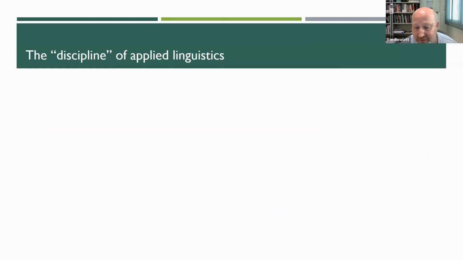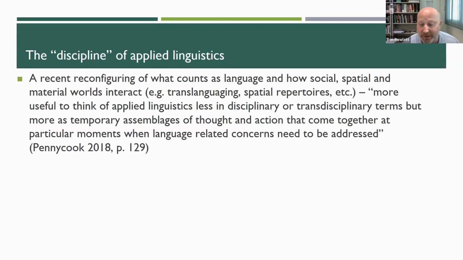So in the light of this discussion, and in order to introduce what is meant by a queer approach to applied linguistics, let's briefly return to some of the current debates in this field. And this has mainly involved a recent reconfiguring of what counts as language and how social, spatial, and material worlds interact vis-a-vis language problems in real-world contexts. So this has led to a kind of reconception by some of applied linguistics, which may have been conventionally seen as a rather bounded discipline,